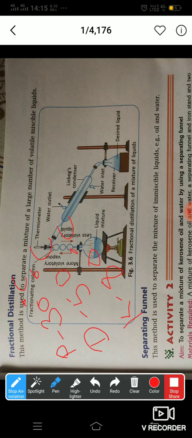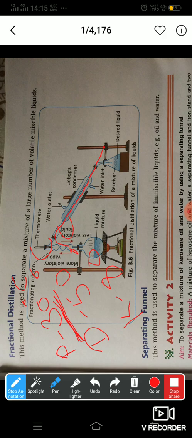Now, what happens is once I start heating the crude oil, once the temperature reaches 30 degrees Celsius, the vapors of petrol will start forming. These vapors will pass through the fractionating column and then through the condenser and start converting into the liquid state, because the condenser will cool the vapors.